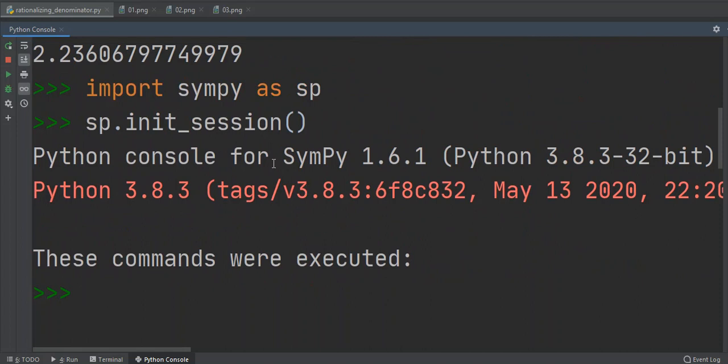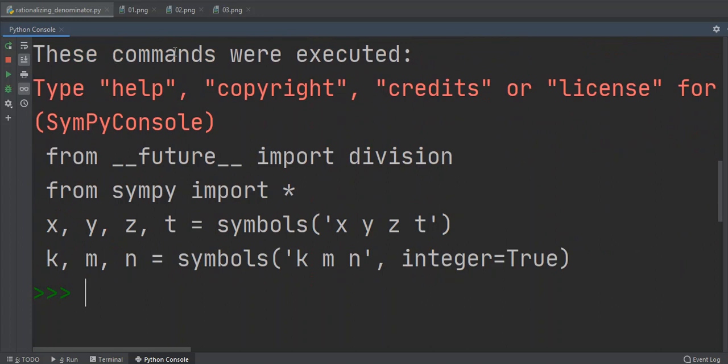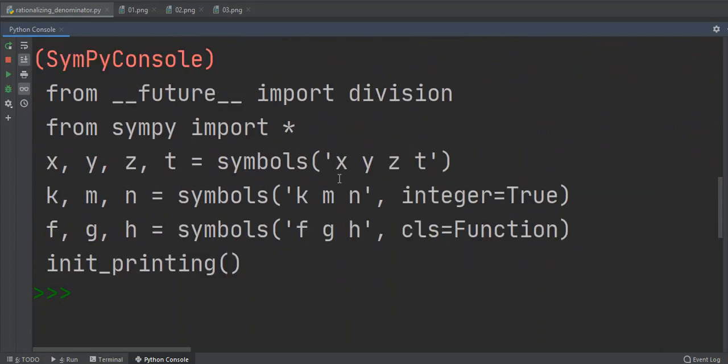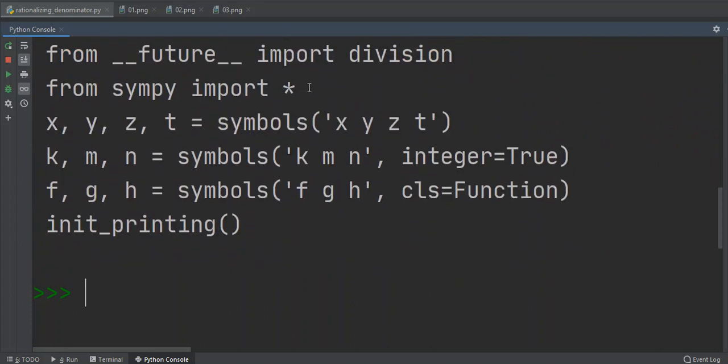Well, it did a few things. One, it gave you some references, and it told you these commands were executed, gives you some things you can type, and importantly for our purposes, it says from SymPy import all. Okay, the star means all, and that means that it imported everything that we might want to use from SymPy, so we can now use it. It sets some symbols, which we're not going to use so much in this video, but it's very helpful otherwise, and it also importantly does init printing, which in essence tells your computer or whatever IDE you're using,